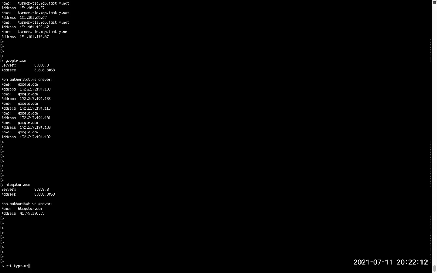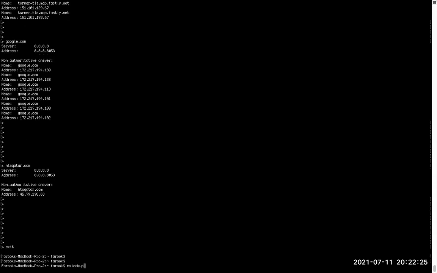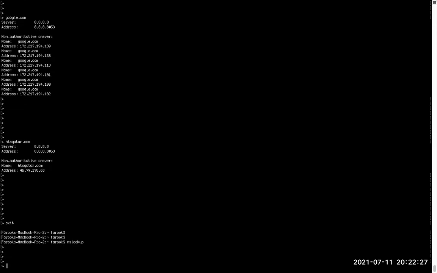I could see that you type set type equal to A or set type equal to NS. Is it mandatory to check these things? Maybe you were late. Actually, when you put NS lookup, by default it will throw some result that would normally be enough for you.